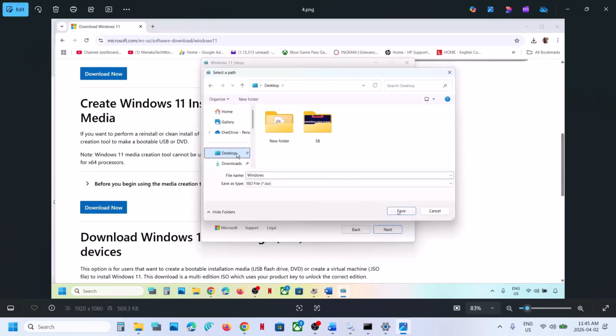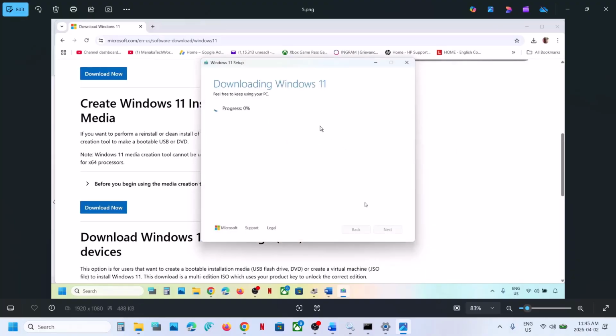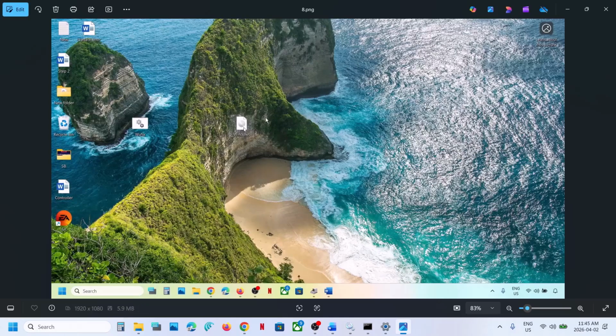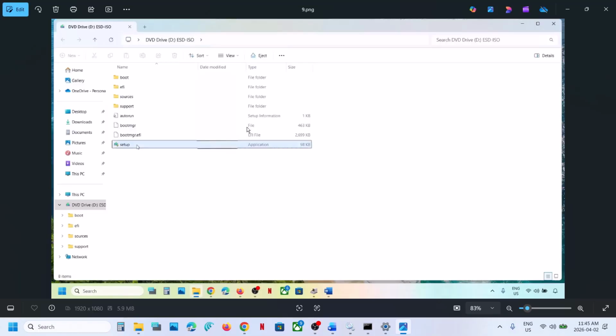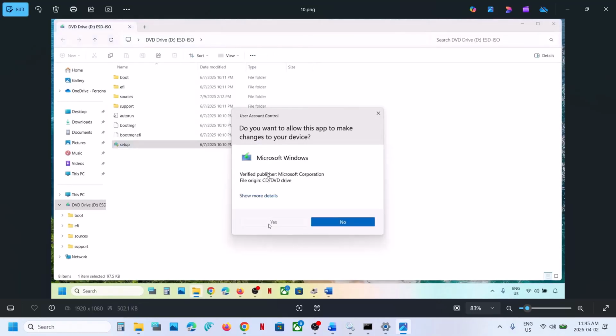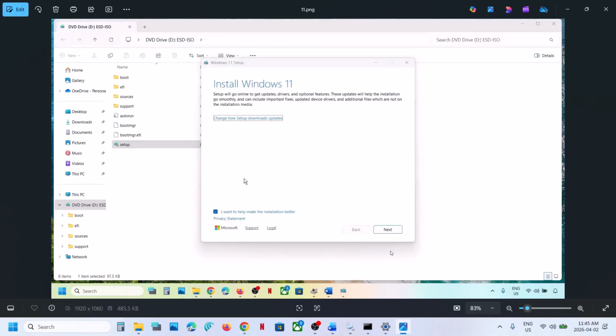You can save it to desktop. Save. Now let the download complete. This process will take some time. Once done, click on finish. Let this close automatically. It will take a couple of seconds or maybe a minute to close. Once closed, go to desktop, make a double click on Windows ISO file, make a double click on setup file, click on yes to allow, click on next over here,